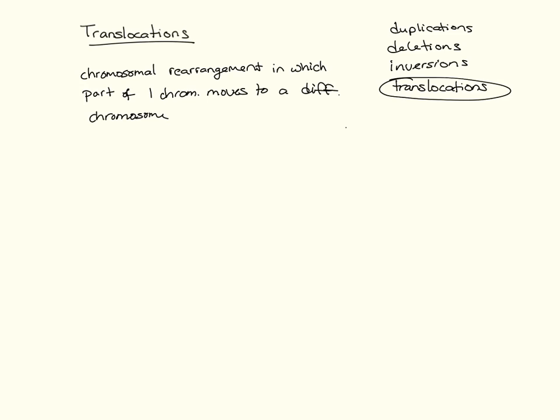So the main point about translocations is that you have movement across, trans, from one chromosome to another chromosome. And there are two types of translocations. There are non-reciprocal